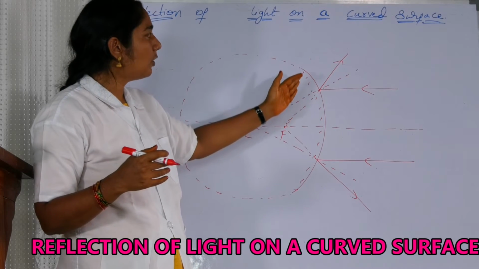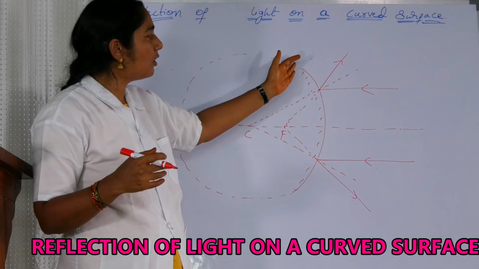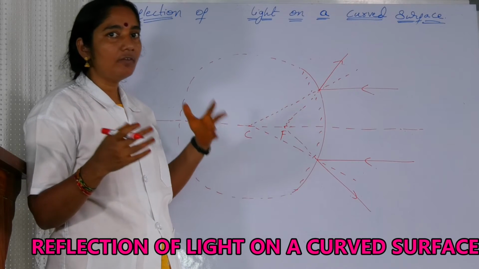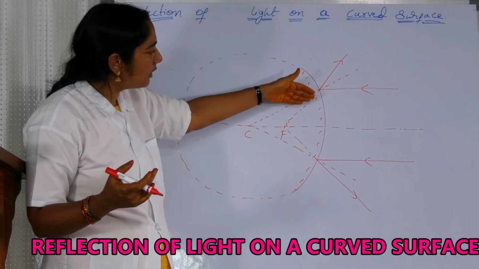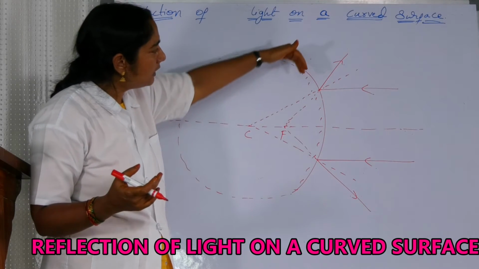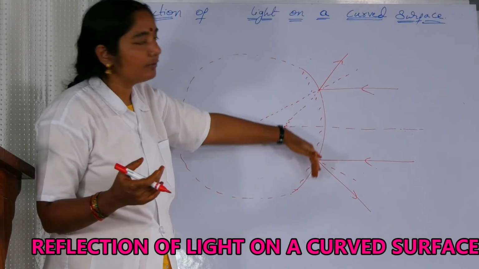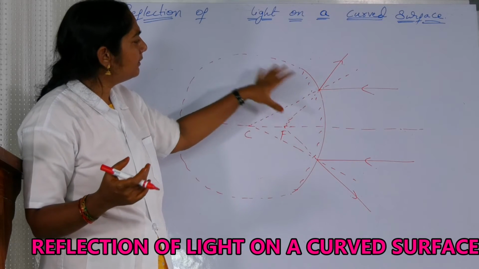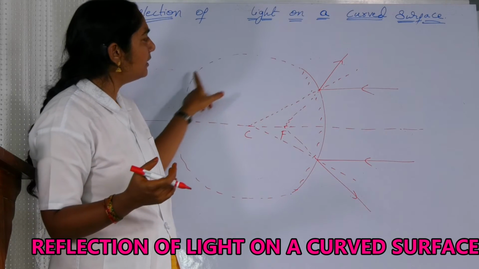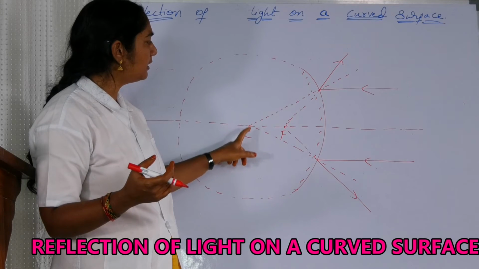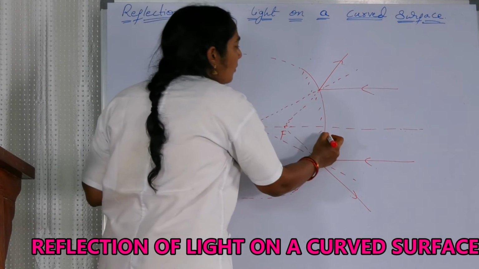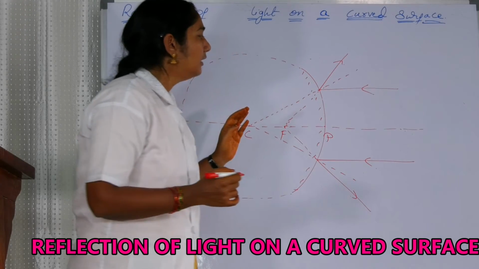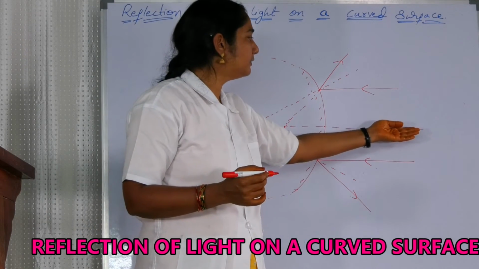Now we are going to discuss the same thing, but previously we have taken a concave mirror. Now we are taking a convex mirror. Convex mirror means the thing is the same, but we are giving a coating inside, so the outer side becomes a reflecting surface. So again, everything is the same. You are taking a sphere, and the center of that sphere is called the center of curvature, and this is called the pole of the mirror, and the axial line or the principal axis.